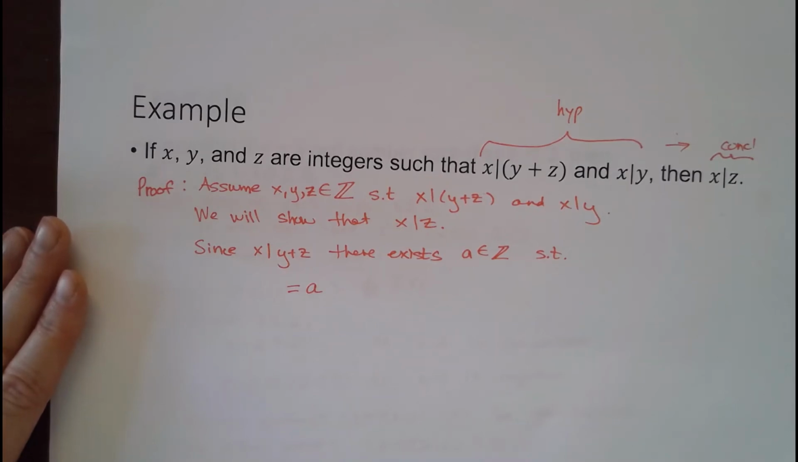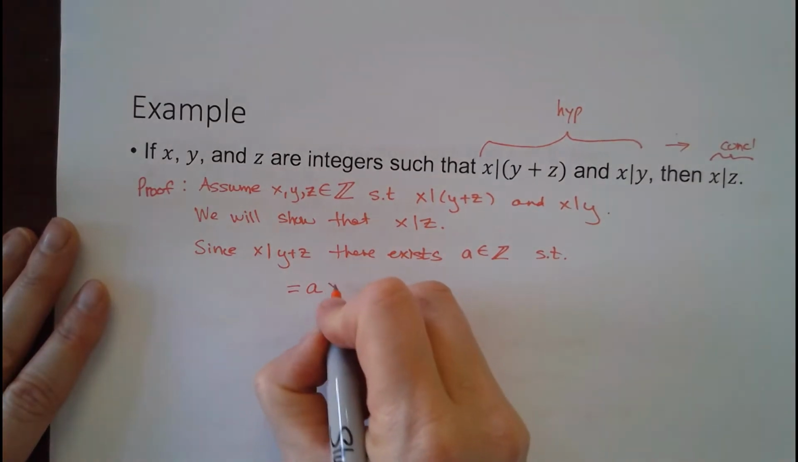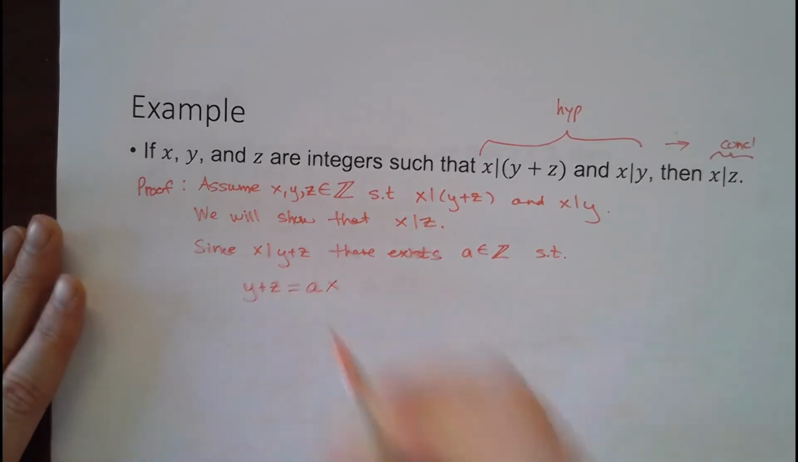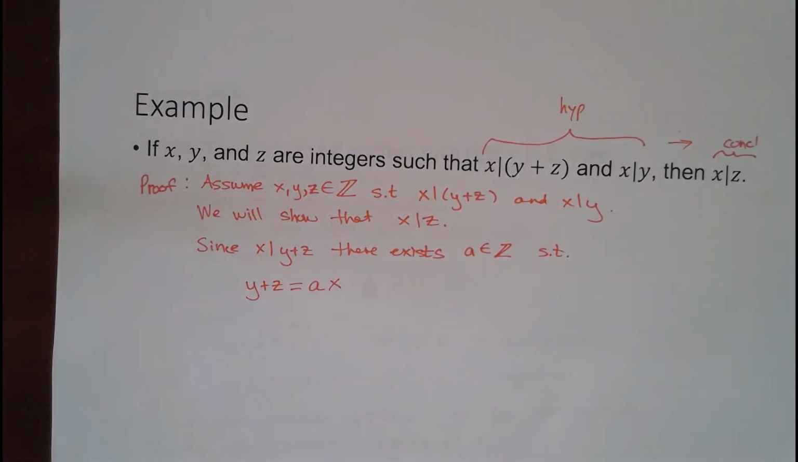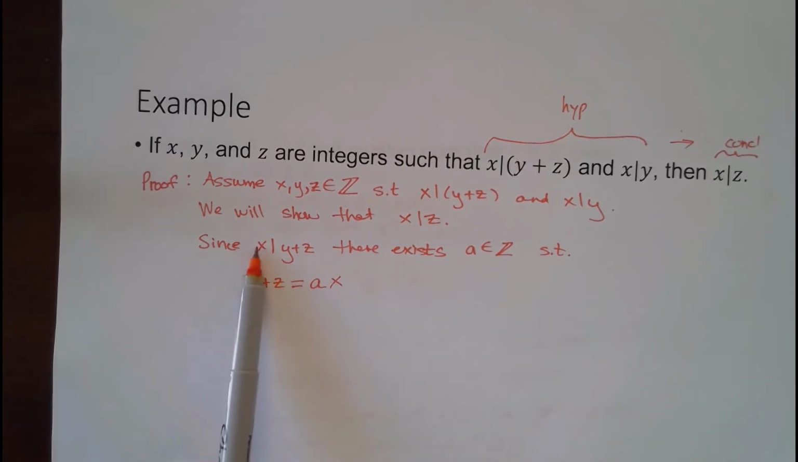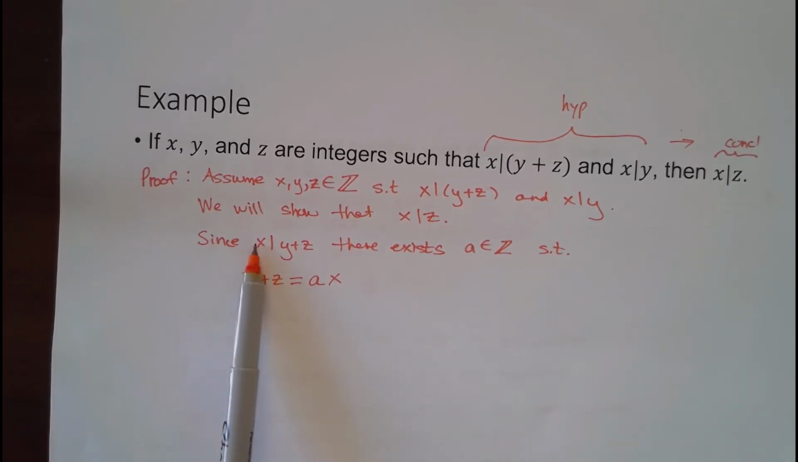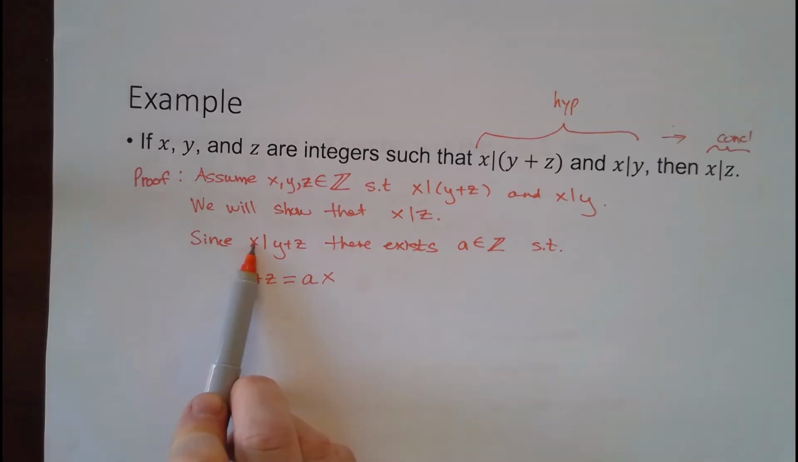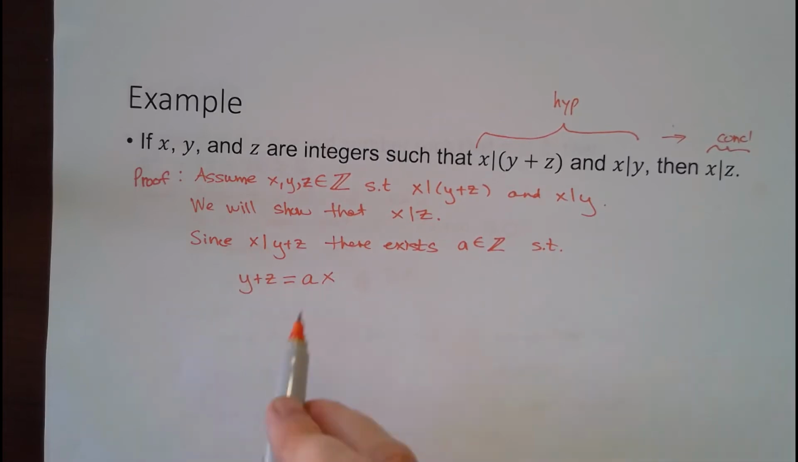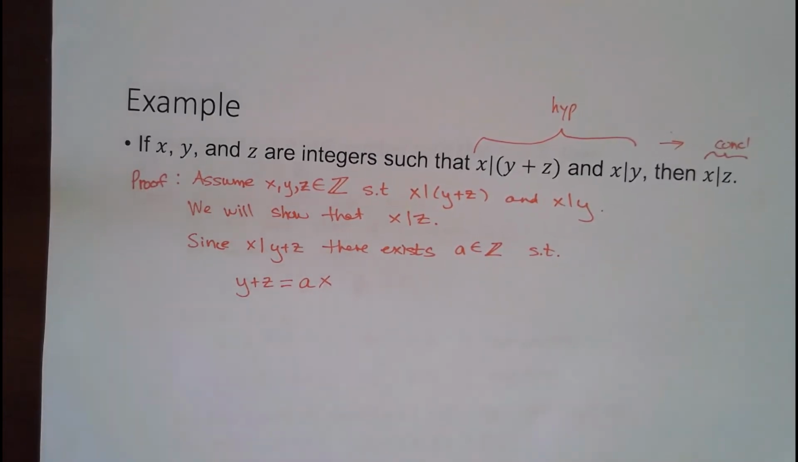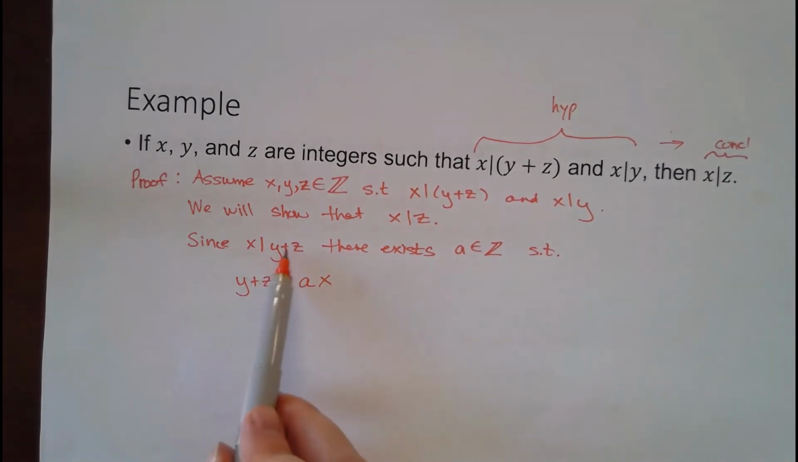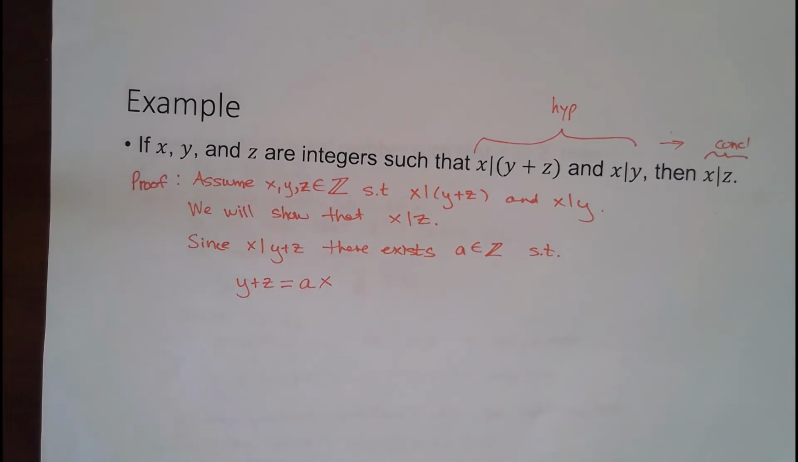No. I know, it's so tempting to want it to be, but no. It's this. So that means that I can take x and multiply it by some integer value and get y plus z. So if I divided both sides by x, then I would get an integer a. So that's the idea. If I took y plus z and I divided it by x,